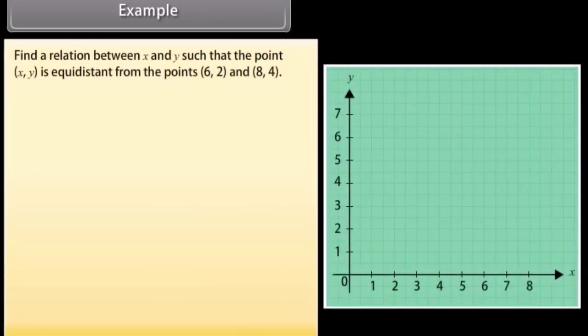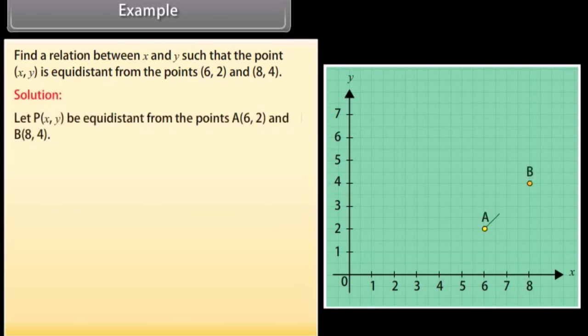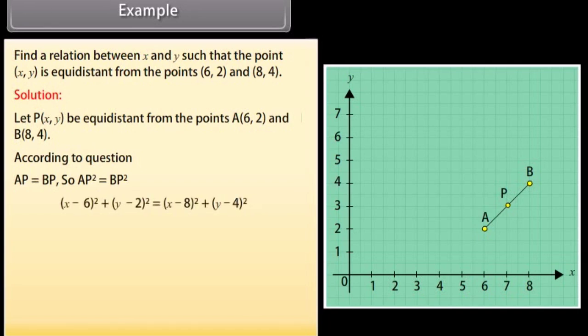Find a relation between x and y such that the point (x, y) is equidistant from the points (6, 2) and (8, 4). Solution. Let P(x, y) be equidistant from the points A(6, 2) and B(8, 4). According to question, AP is equal to BP, so AP square is equal to BP square. (X minus 6) whole square plus (Y minus 2) whole square equals (X minus 8) whole square plus (Y minus 4) whole square. By calculating it, we get x square plus 36 minus 12x plus y square plus 4 minus